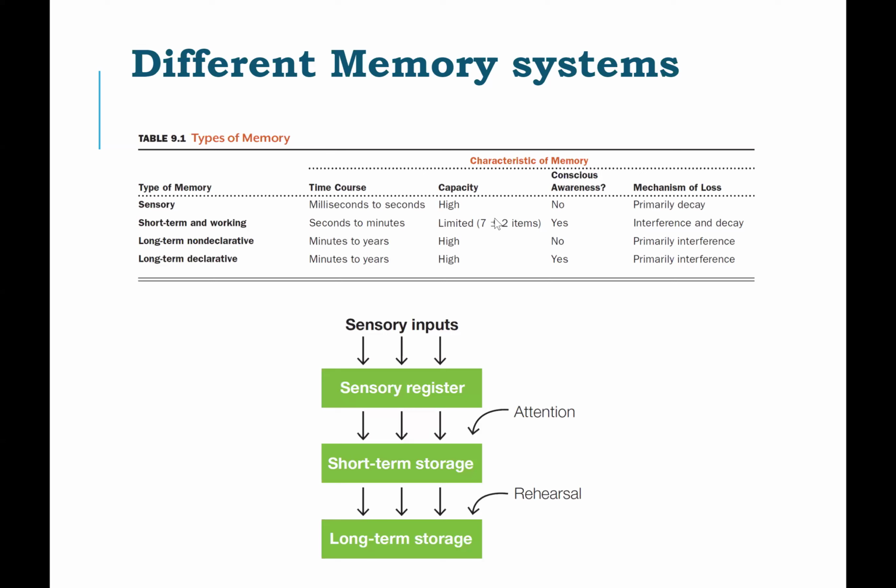People have mapped it out to 7 plus or minus 2 items, where you could actually look at a pin number or a code that is 6, 7 digits, and type it in without going back and forth. If I look at the pin and then you have me do another task and then I'm supposed to type it in, I'm not going to be able to do that, right? There is nothing that can come between the two, because that would be interference and I can't really maintain that in working memory.